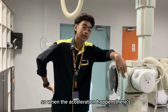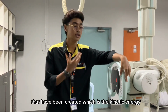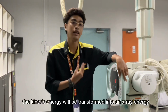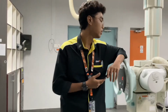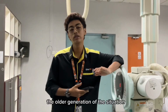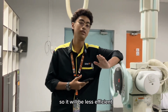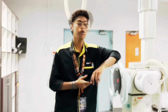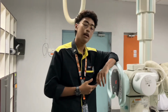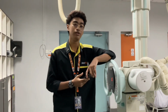When the acceleration happens, a form of energy is created, which is the kinetic energy, and later the kinetic energy will be transformed into X-ray energy. It is also the older generation of X-ray generator, so it will be less efficient than a 3-phase and a high frequency one. The second one is a 3-phase X-ray generator, which is much more efficient than a single-phase generator